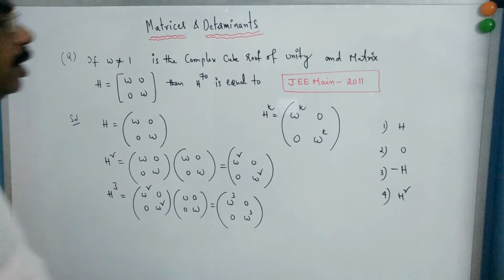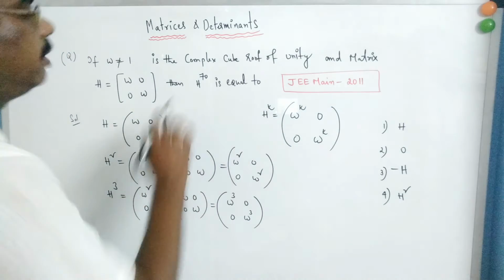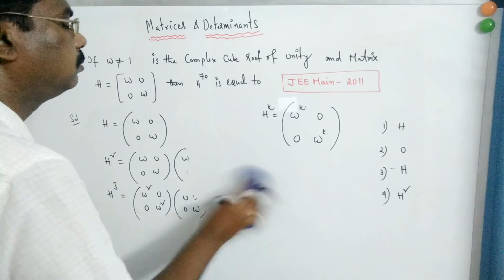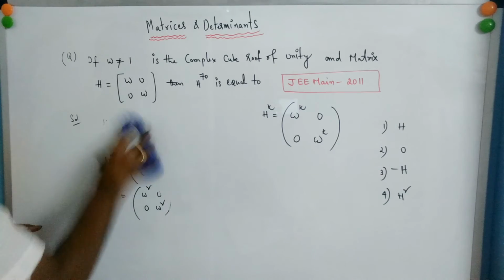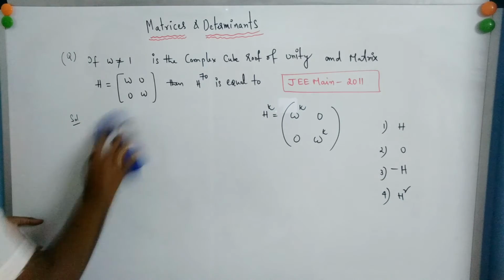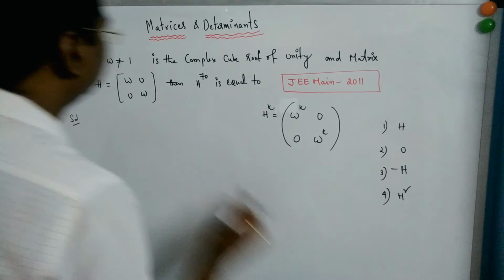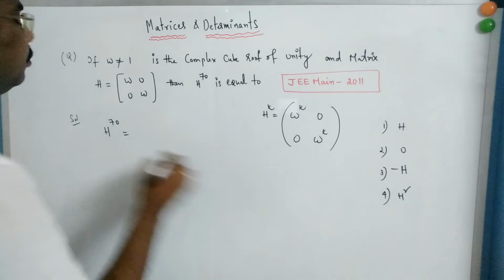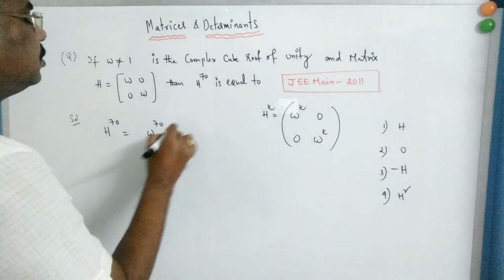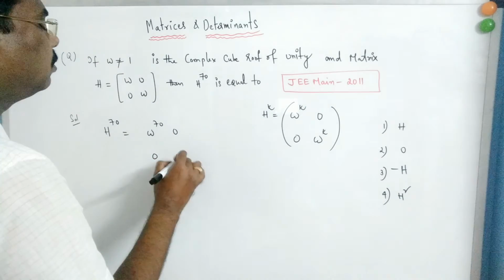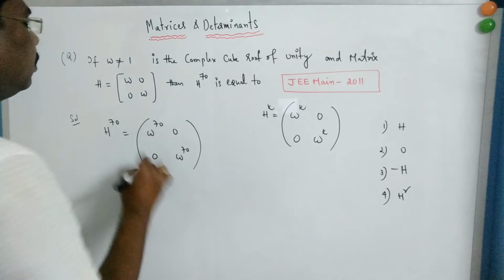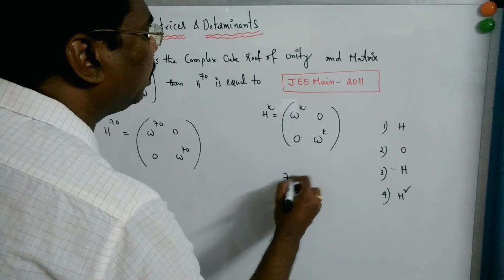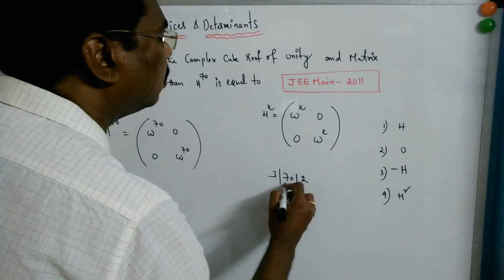Now H power 70 is equal to omega power 70 0, 0 omega power 70. Okay, omega power 70 can be written as, now 70 divided by 3,